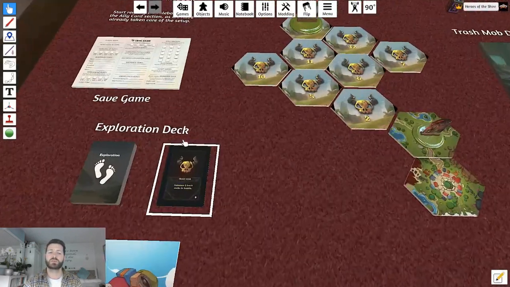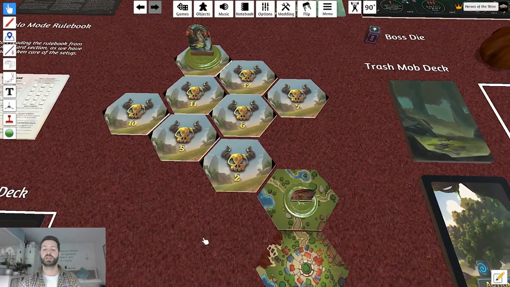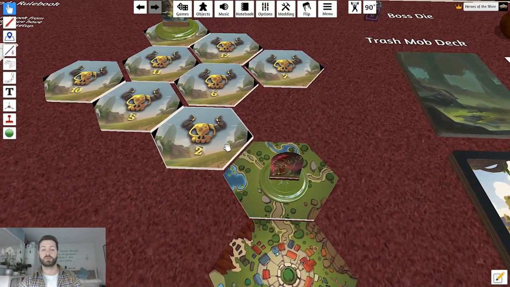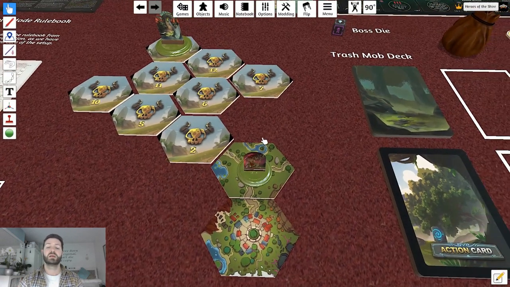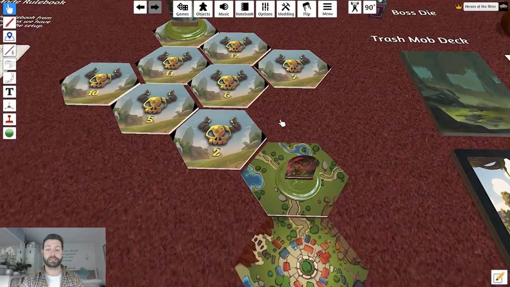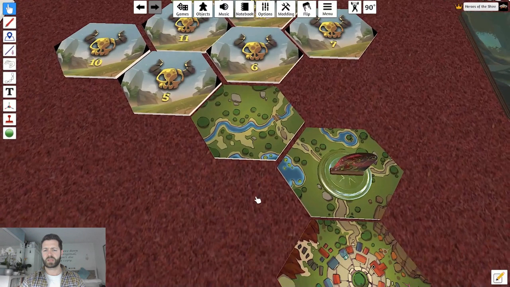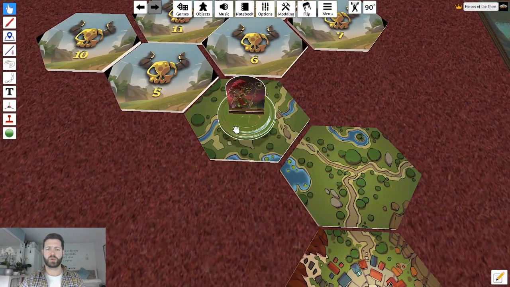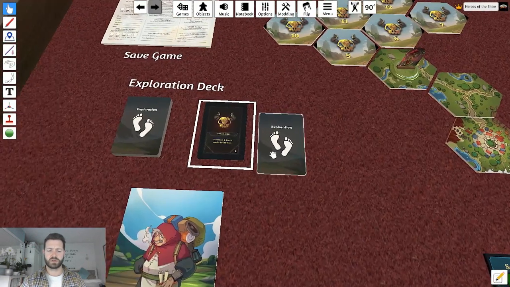So that resolves the first exploration card, the trash mobs, which now allows us to continue moving onwards. Now, because I've set this up, we only have one path to follow. We have to follow the number 2. However, if we're playing the full version of the game, we would be able to go in different directions here. So what we're going to do is explore this hex. I'm going to travel across this nice little footbridge, and then we have to now resolve another exploration card. Let's take one of these from the deck,